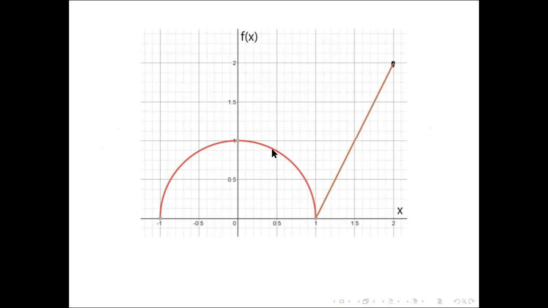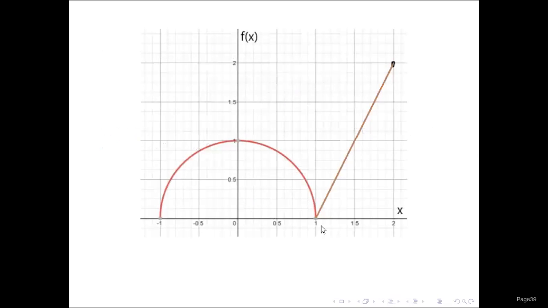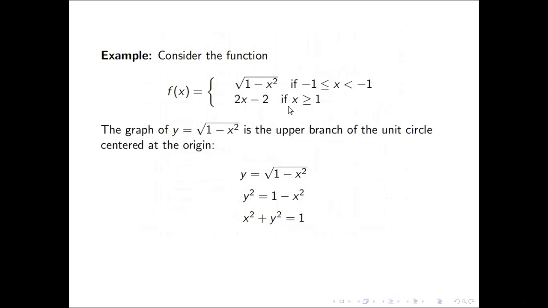That's x squared plus y squared equals 1. However, you should put a hollow circle here, since if you look back at the definition, you do not include 1. However, the two will connect. If you consider this part and plug in the value at x equals 1, you will see that the circle, which is hollow at this point, and the line, which is solid at this point, will meet. So the graph is connected, really. And this is the line 2x minus 2 extended in the positive x direction, since it's for all x values greater than or equal to 1.